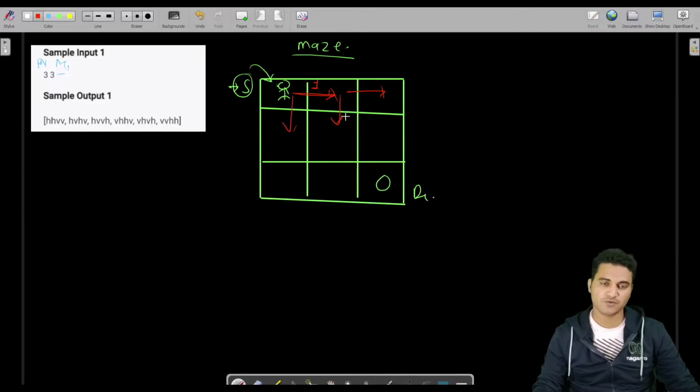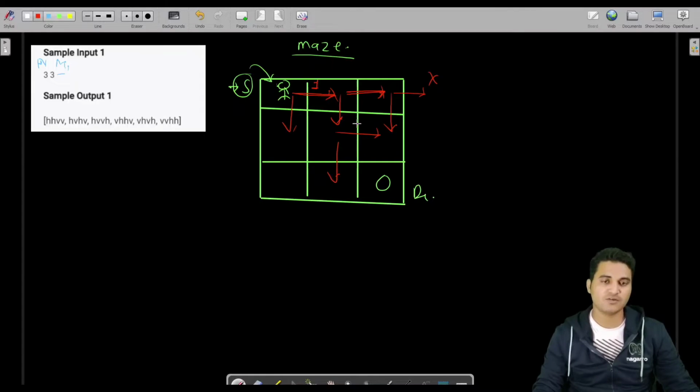From here also you have two choices. But from here you do not have any choice. If you take the horizontal step, you are out of the boundary, so this is not allowed. From here you can only take one move vertically.